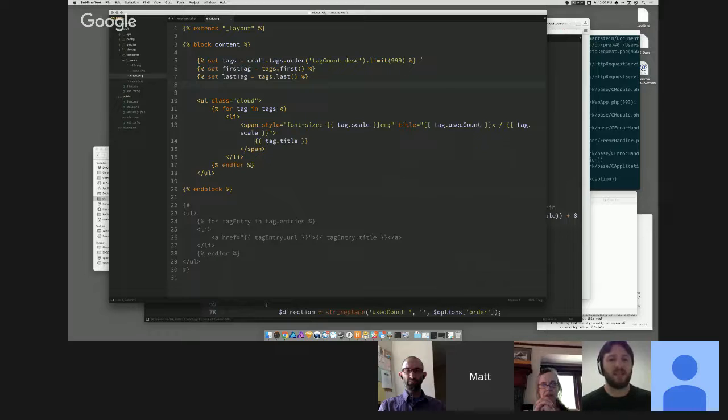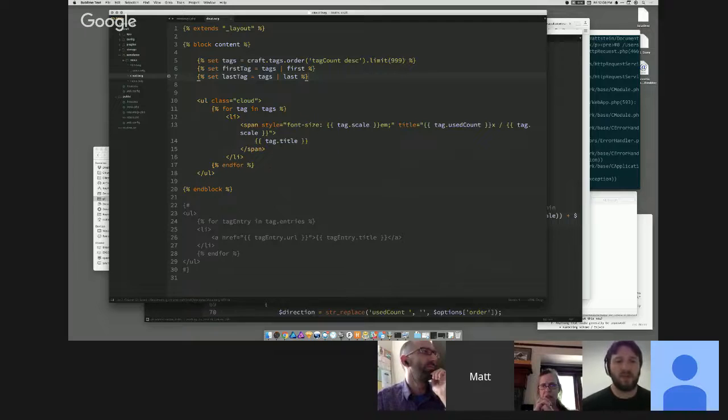So after doing dot limit, I would do dot find. Or actually, no, that's not even necessary. You can get that out. Isn't there a Twig filter for getting the first and the last elements of an array? Oh, bar first, bar last. Not dot. Oh yeah, just pipe first. Does that exist? Yeah, it's just pipe first and pipe last. Okay, there you go. And you could even just do, instead of first tag, do